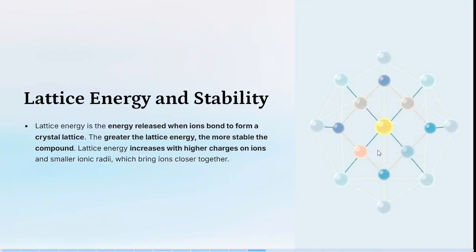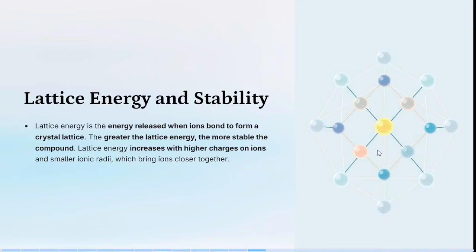as ions come together to form bonds, if they release a strong energy, it means that the bond formed during that formation is going to be a very strong bond, and these kinds of bonds are usually called crystal lattice bonds. So the greater the lattice energy, the more stable the compound, and lattice energy increases with increasing charges